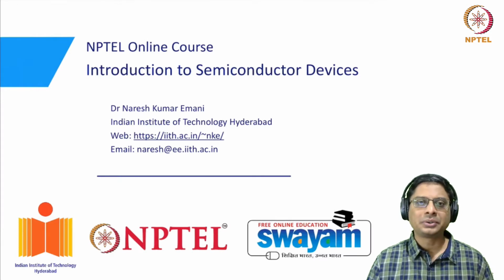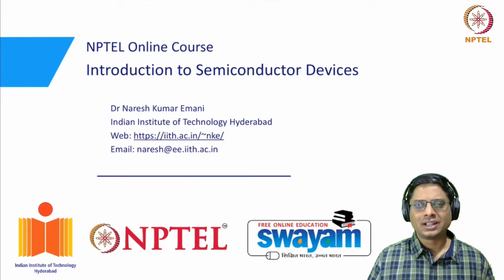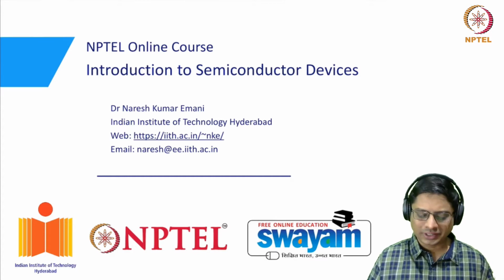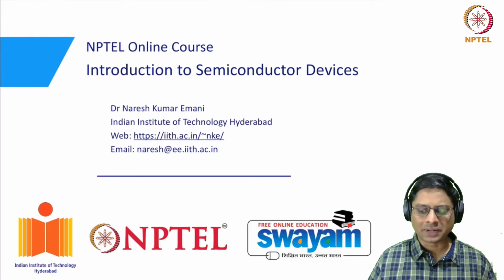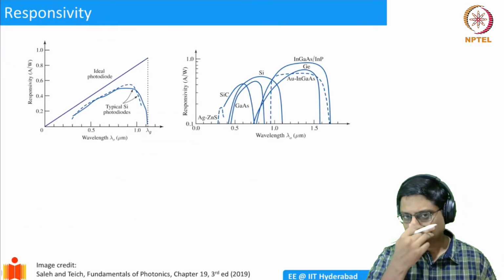In this video, I would like to discuss a few metrics that are used to evaluate a photodetector. So this will not be exhaustive. This is the first level. We'll just introduce responsivity, which is one of the most important metrics, and then we will just mention the other things. Of course, there are a whole lot of things that are required for practical device design. The first thing we'll talk about is responsivity.